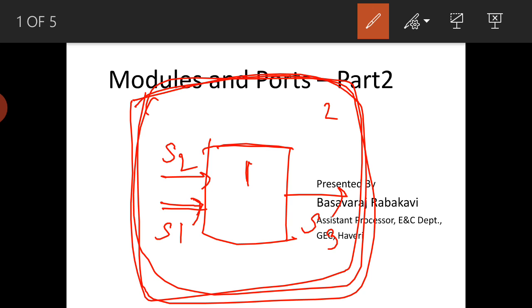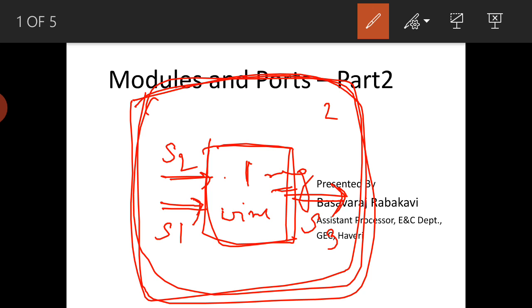Module 1 is connected to these three signals: two inputs for module 1, S1 and S2, and one output as S3. So what should we declare here? S1 and S2 we should declare as wire, and S3 will usually be declared as reg or wire, either one, but we can take it as reg at this point.